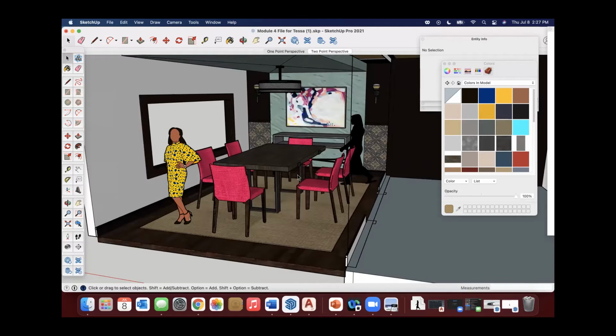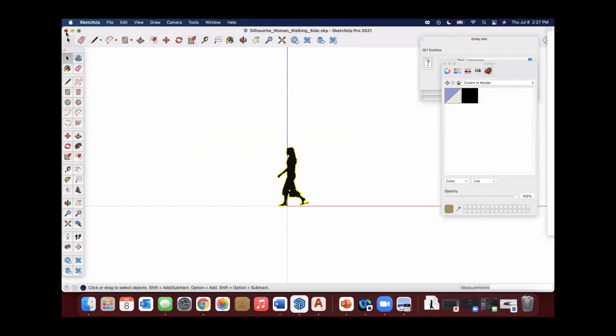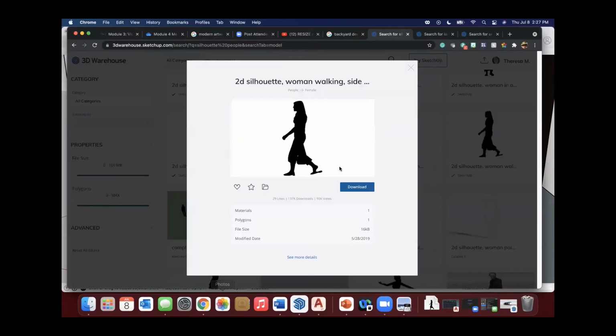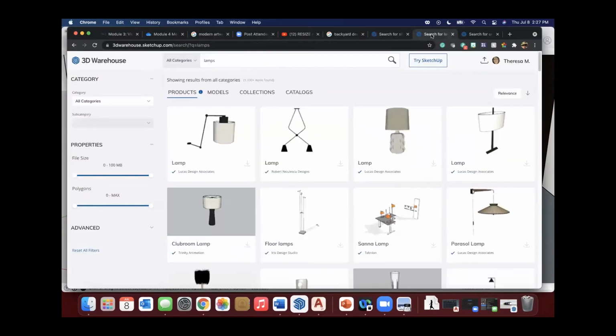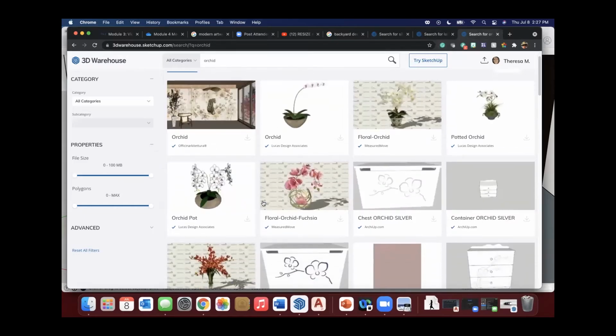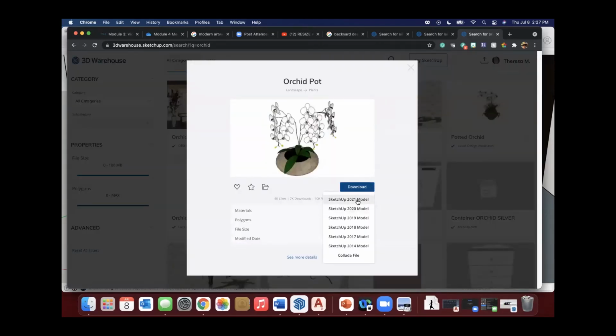So then once we have a couple people in here, don't mix and match. I've got it mixed and matched just to illustrate for y'all, but you typically do not want to have one with pattern and color and then a silhouette in the same model. That gets a little weird. So now I could say, let's pick this one here. More like this one. This one fits more with our model. Download.